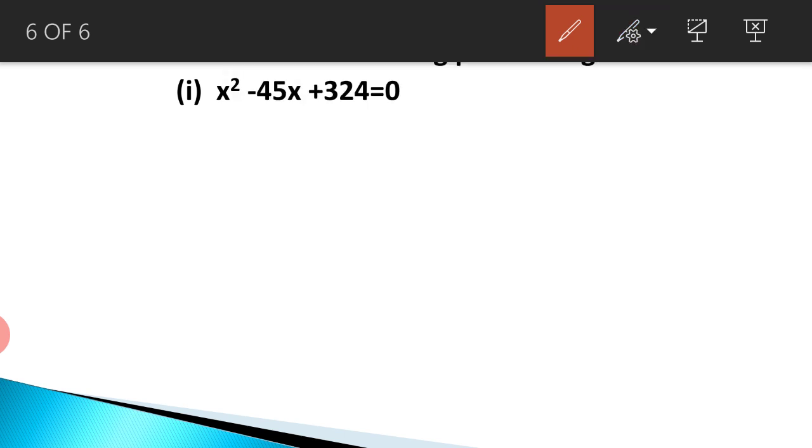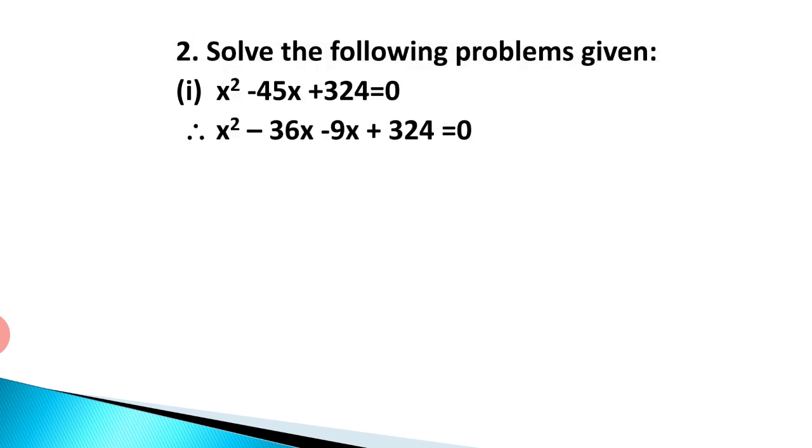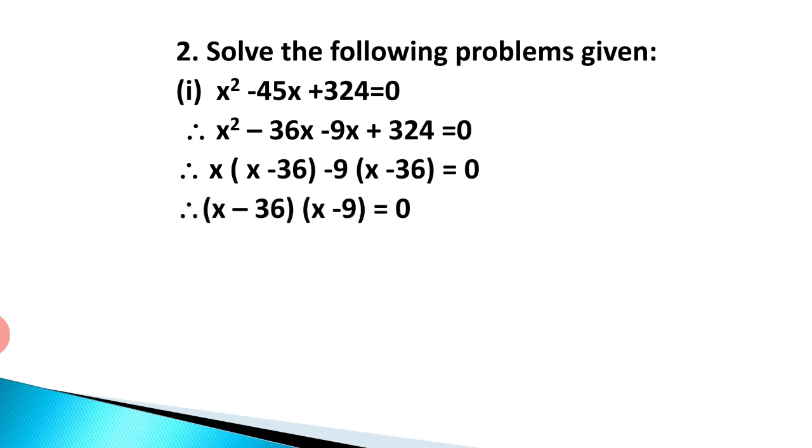So let us go for splitting the middle term now. So we write x square minus 36x minus 9x plus 324 is equal to 0. Now why minus? Because the middle term is minus. See, it is negative. So now from the first two terms we can take x common, x into x minus 36, and from the next two terms 9 can be taken common because 9 into 36 is 324. Is it okay? So now again you get 9 into x minus 36. Now from these two terms x minus 36 is taken common. So you will get x minus 36 into x minus 9, that is equal to 0.